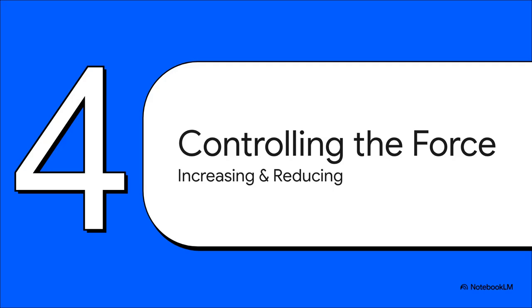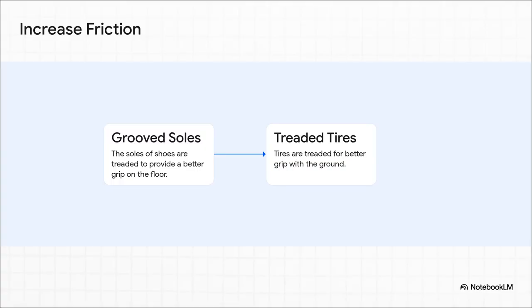So if friction is both essential and a huge problem, what do we do? Well, for pretty much all of human history, we've been getting really good at mastering this force, learning how to crank it up when we need more grip and dial it way down when we need things to move nice and smooth. So, when do we need more friction? For safety and control, of course.